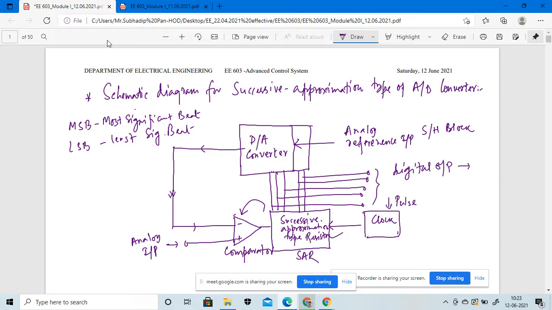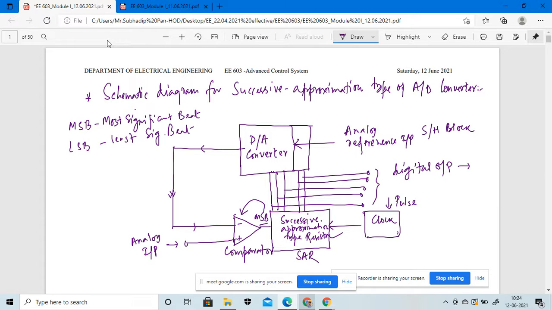Okay, so whenever they are supposed to be, if we are not considering the comparators and they are directly connected, then we cannot differentiate the analog input and my most significant bit. That is the reason there will be some error in the feedback path. As we are using the comparator, this particular register will compare the two signals: the analog input across the comparator, and the most significant bit, MSB. Those two signals are compared by the successive approximation register through the comparator.